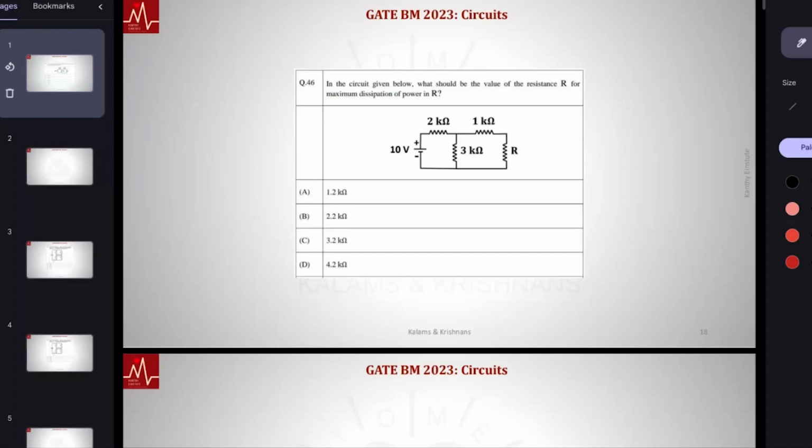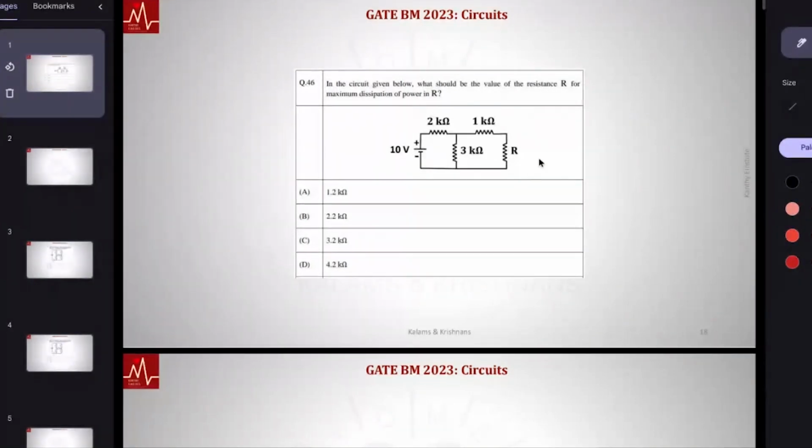We are doing PYQs concept-wise. So far, we have seen resistance-based circuits where it's a one-variable question where the voltage at the top is an unknown. And then we have seen questions where there is a mix of sources, where source transformation simplifies your life. And then this particular question, we noticed: circuit given below, what should be the value of resistance R